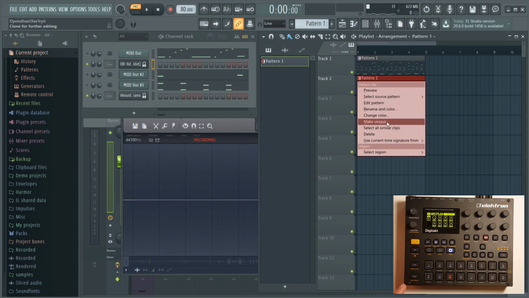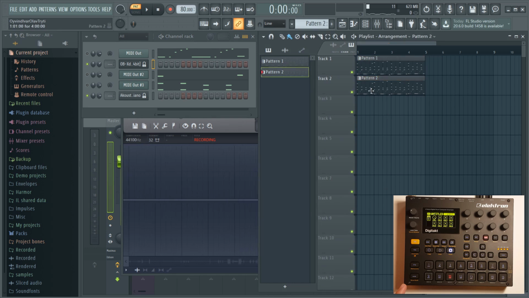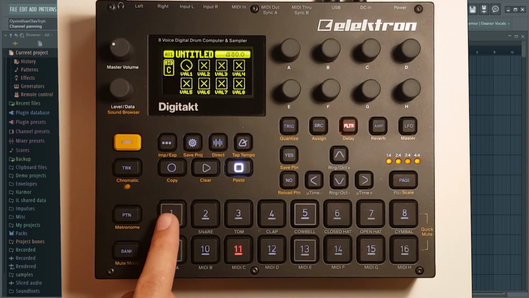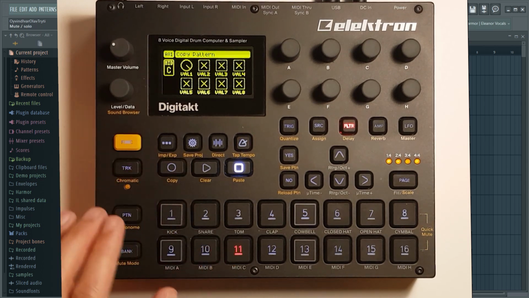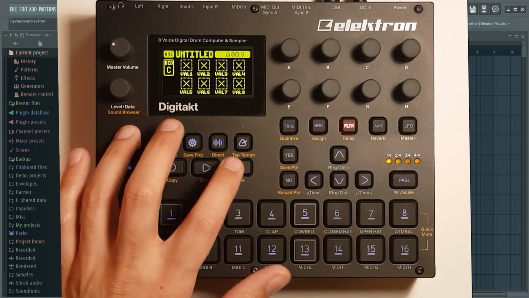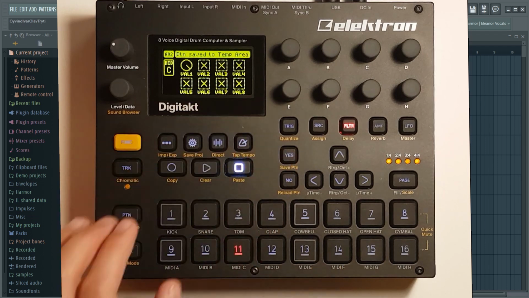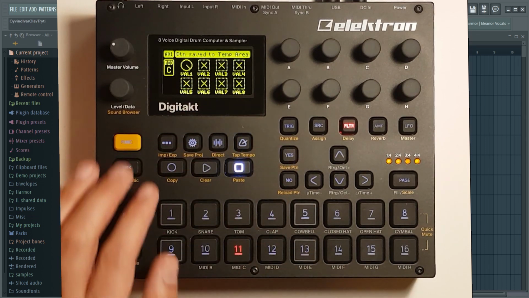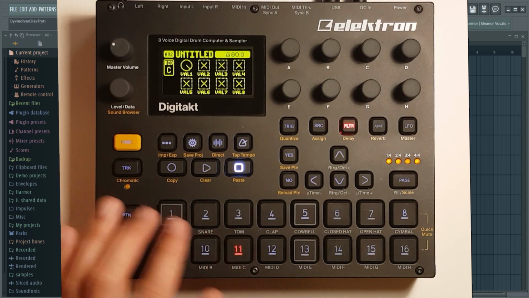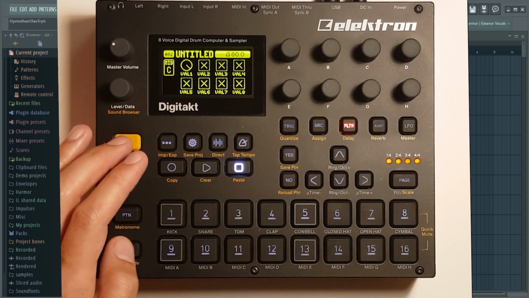So let's, I made a copy of pattern 1, and then let's make changes to pattern 2 in FL Studio. And let's also select pattern 1 on the Digitakt, copy it, and then paste it to pattern 2, and then save. And now we have 2 patterns, and on pattern 2 let's